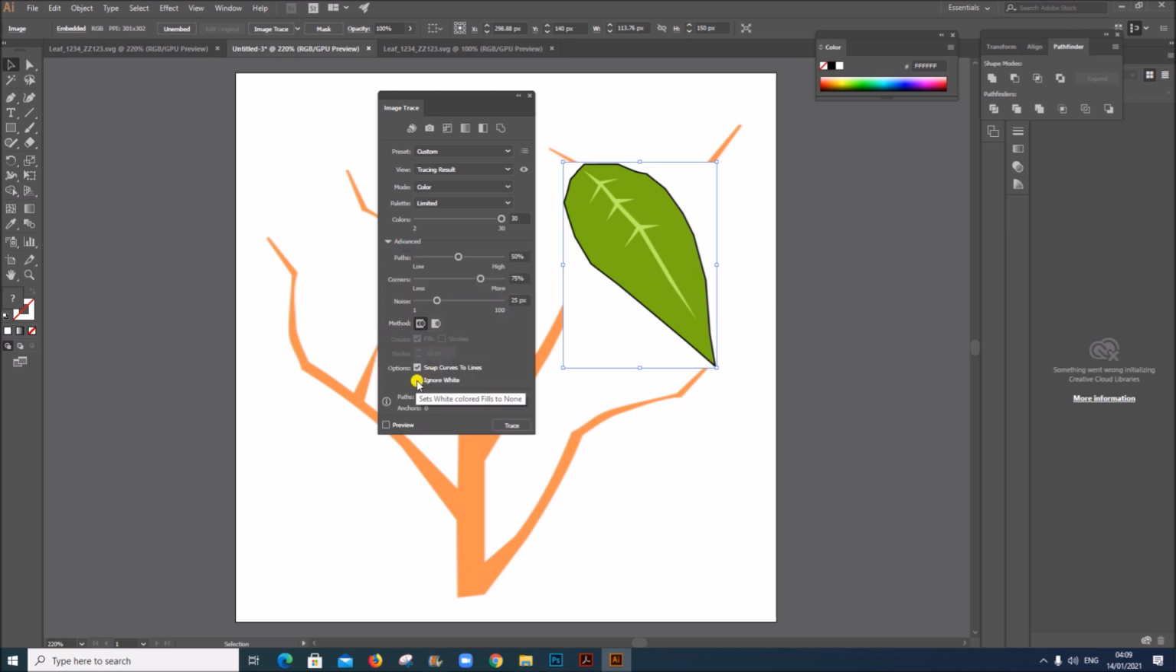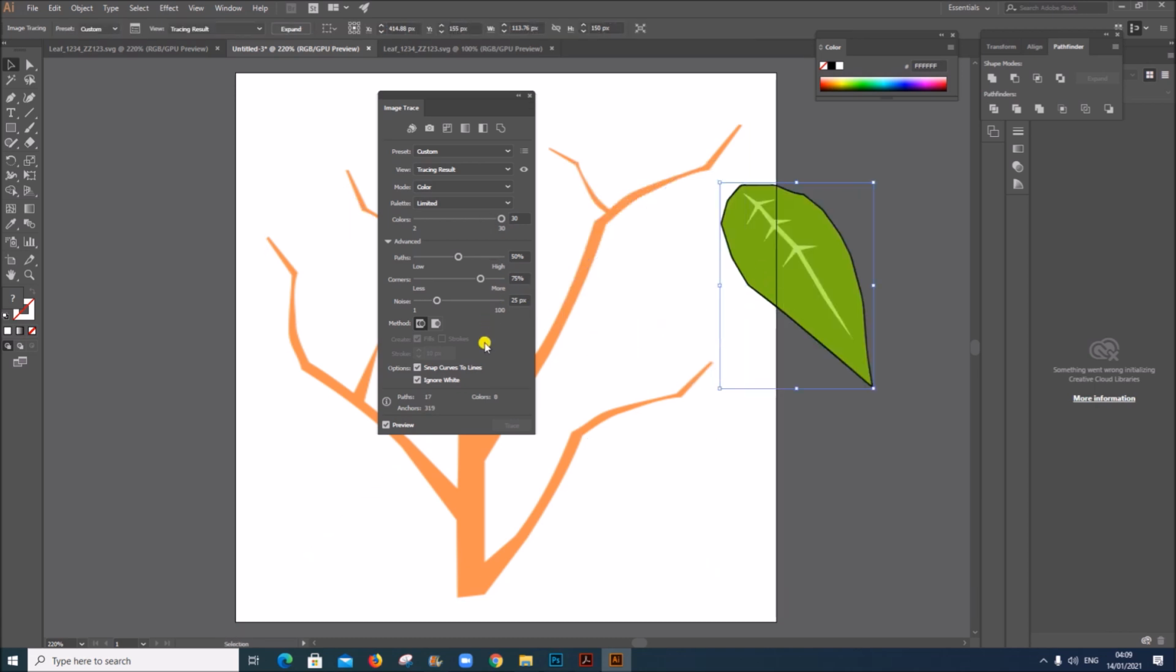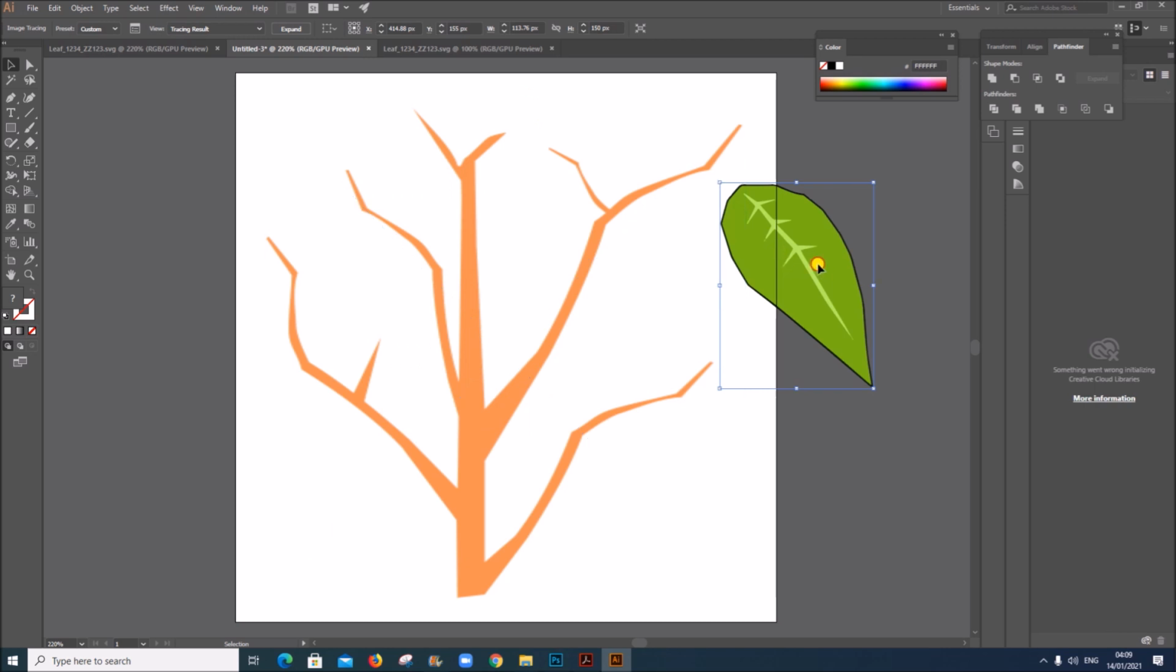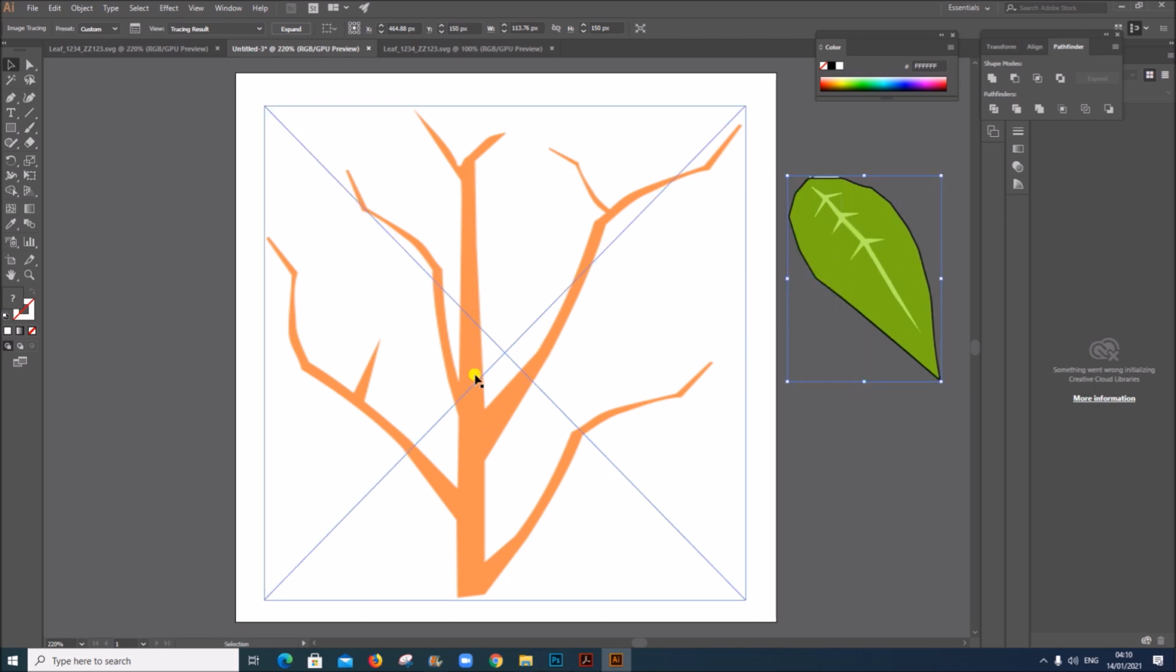Here you have to give Ignore White. This will remove the white background from the image trace. You can see the white background has gone. Let it be here. Same way, this image also, we have to check whether this is transparent, because you can